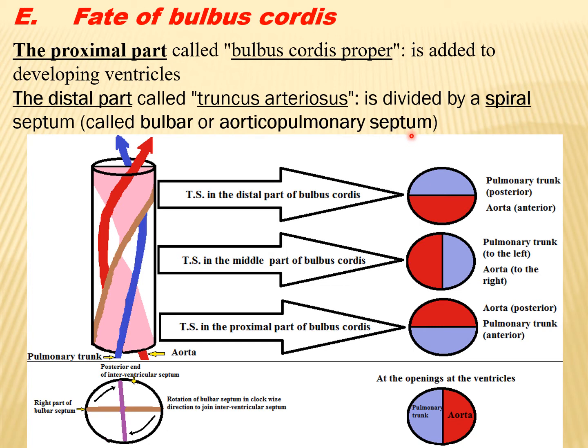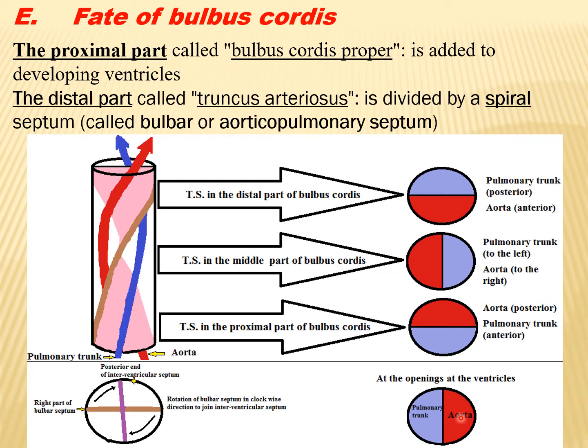As the septum is spiral in shape, we must remember this relation. So remember this figure and talk about this relation. The relation is evident in the anatomy as we see in the next slide. The part attached